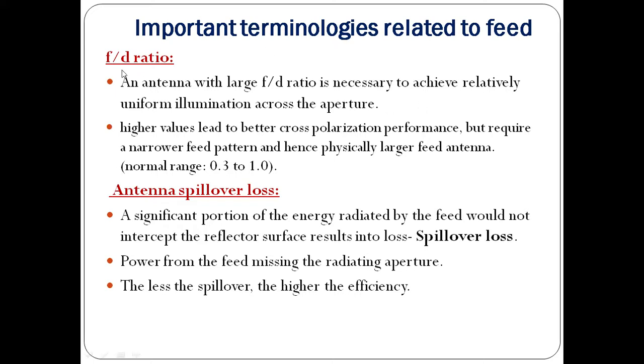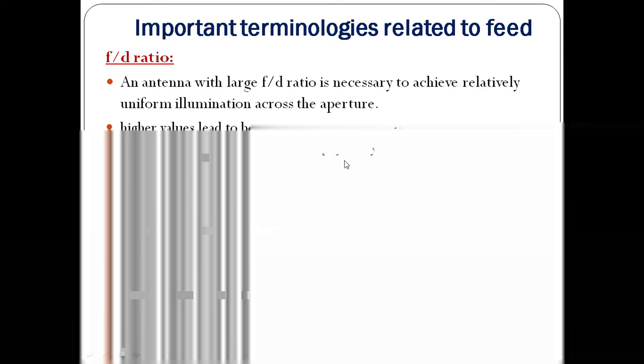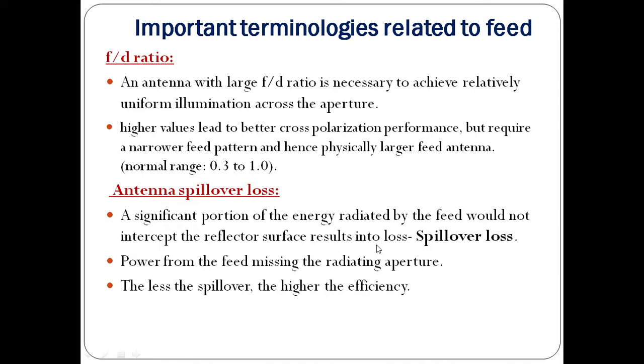If you take a larger value of F/D, it will produce a narrower feed pattern. If you produce a narrower feed pattern, this will increase the feed antenna size. There are again trade-offs on the other parameters as well. If you increase the F/D ratio, that results in a narrower feed pattern. If your feed is producing a narrower feed pattern, it will result in less spillover loss, but at the same time it will produce a larger taper loss. So there are some losses.